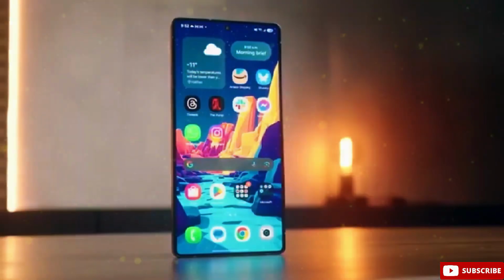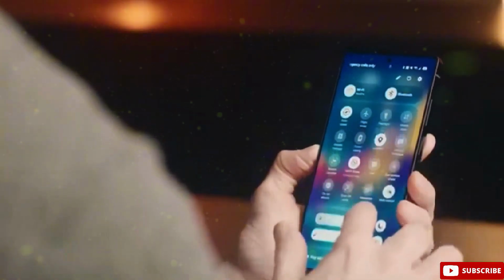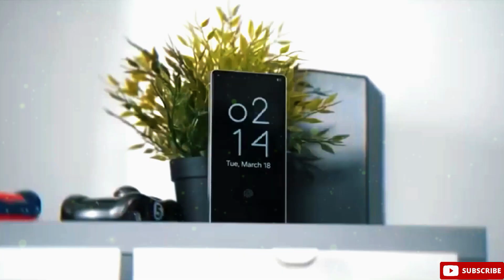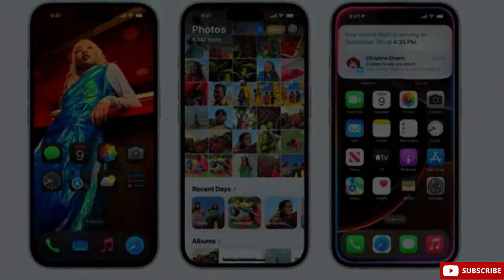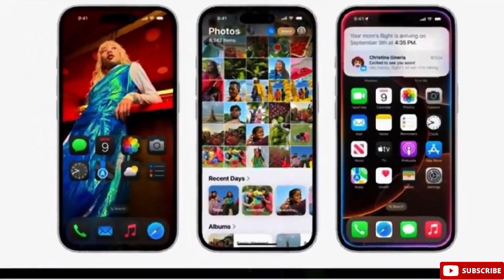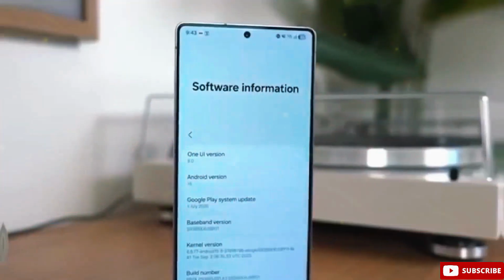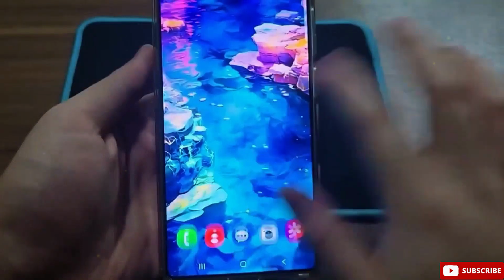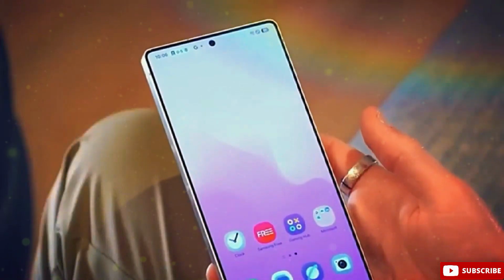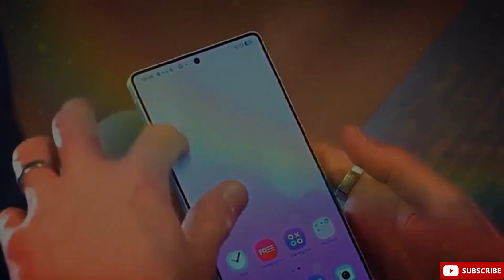Now, why is this happening? Earlier this year, Samsung officially announced that it's adopting Google's trunk-stable development model. In simple terms, this means Samsung engineers now work alongside Google in real time while new Android features are being developed. So when Google finalizes something, Samsung can integrate it right away. No delays, no waiting for the next big Android release. And now, with One UI 8.5 built directly on Android 16 QPR2, it's clear Samsung's new update strategy is already